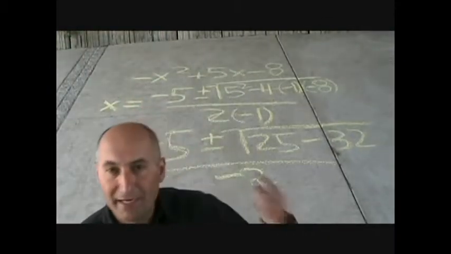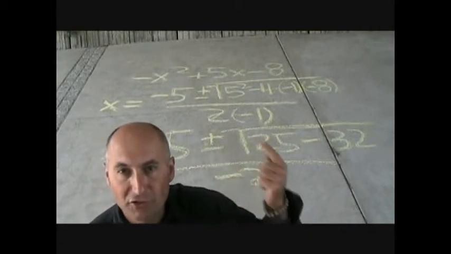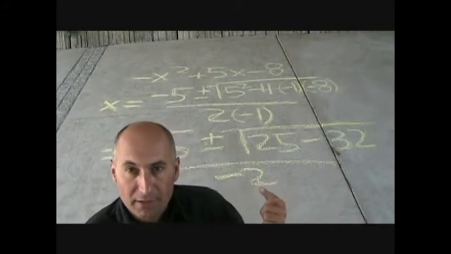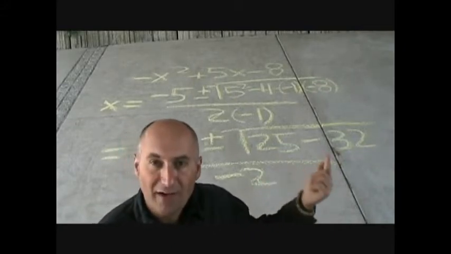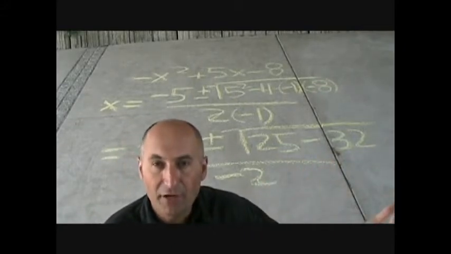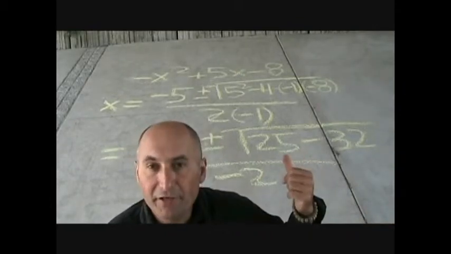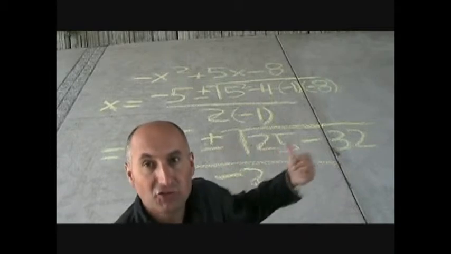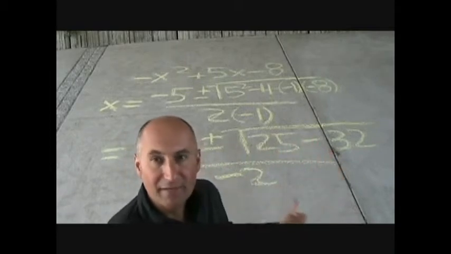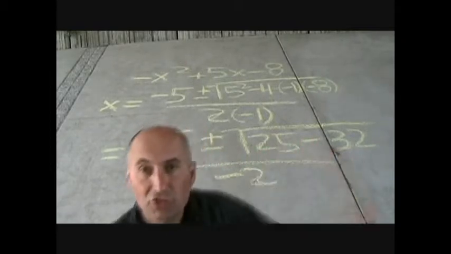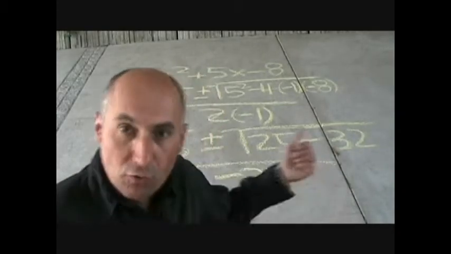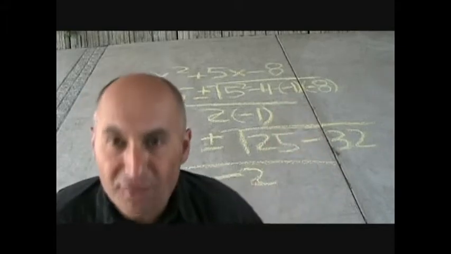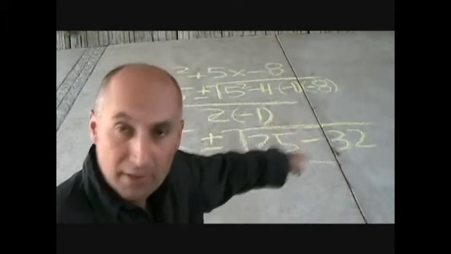So what we got right now is -5 plus or minus the square root of 25 minus 32, divided by -2. Now 25 minus 32, that's a negative number, right? So x is equal to -5 plus or minus the square root of -7, divided by -2. And you can't take the square root of a negative number, right? So right there, we know that the above expression is not factorable